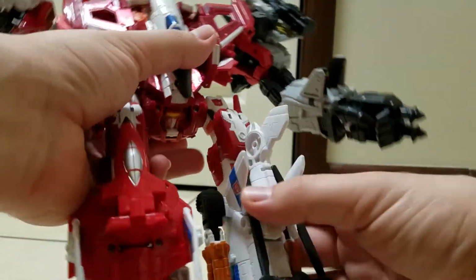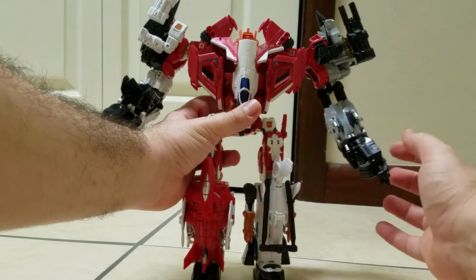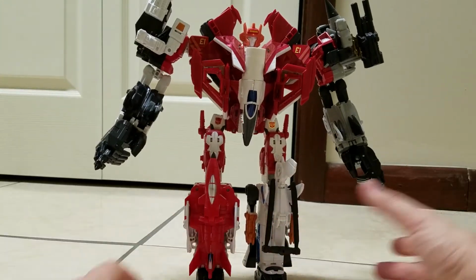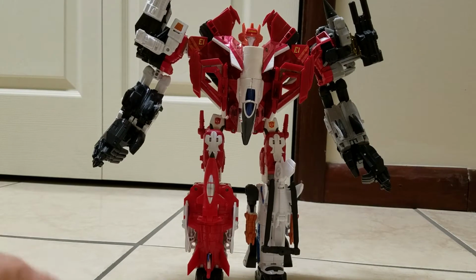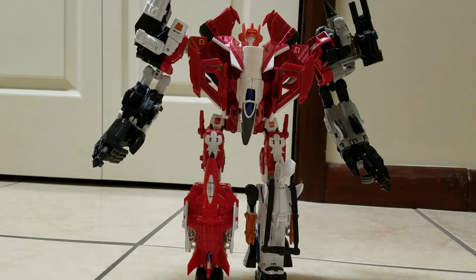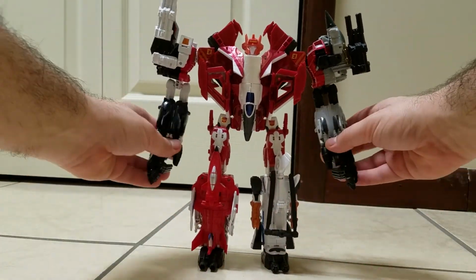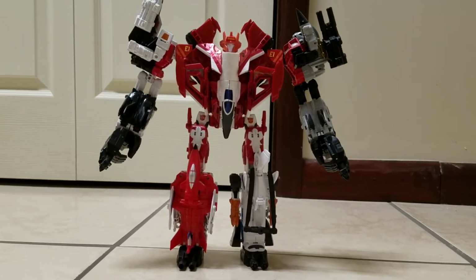There's a swivel here on the thigh. And bend at the knee. Also, they swivel at the wrist. They have some wrist and hand articulation because these are the Combiner Wars hands. Again, I could use these feet, but they're incomplete. They require an extra piece to be the full feet. And honestly, I'm not a fan of them. They don't look right. I like the Combiner Wars cannon feet and hands. So yeah. Overall, I'll say that both Elita-1...